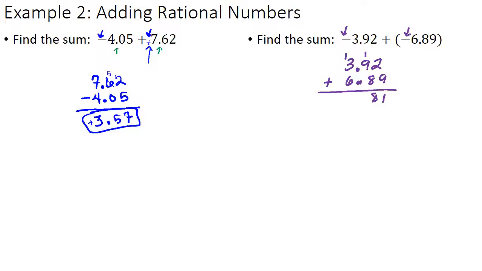Carry that next one. 3 and 1 is 4 plus 6 is 10. So we can go ahead and do 10.81. And now we need to come back and check for our sign. Because both of these were negative and we were adding them together, our sign on our answer is also